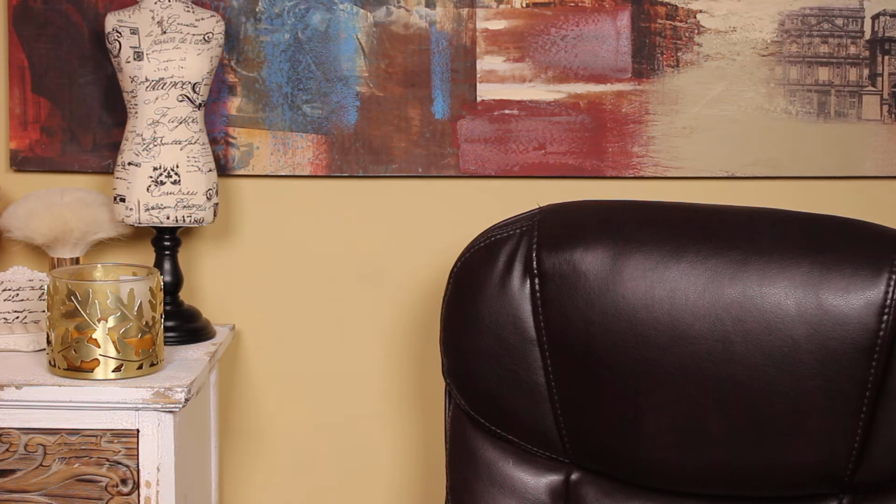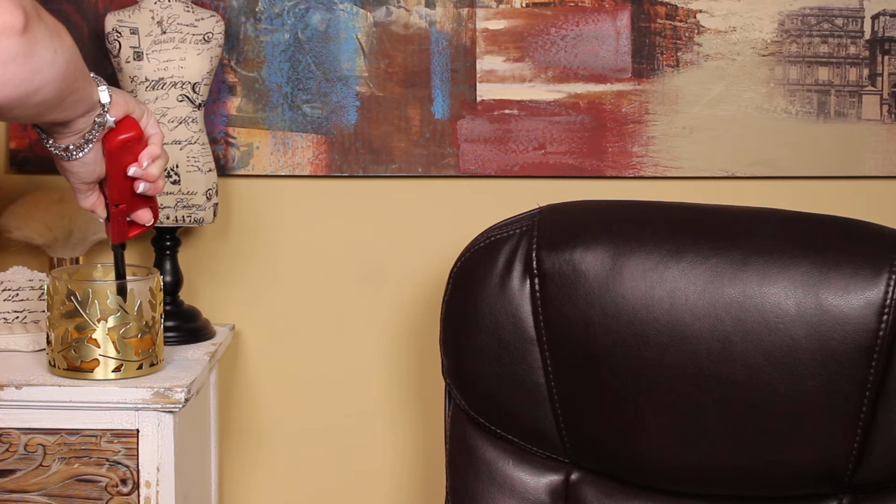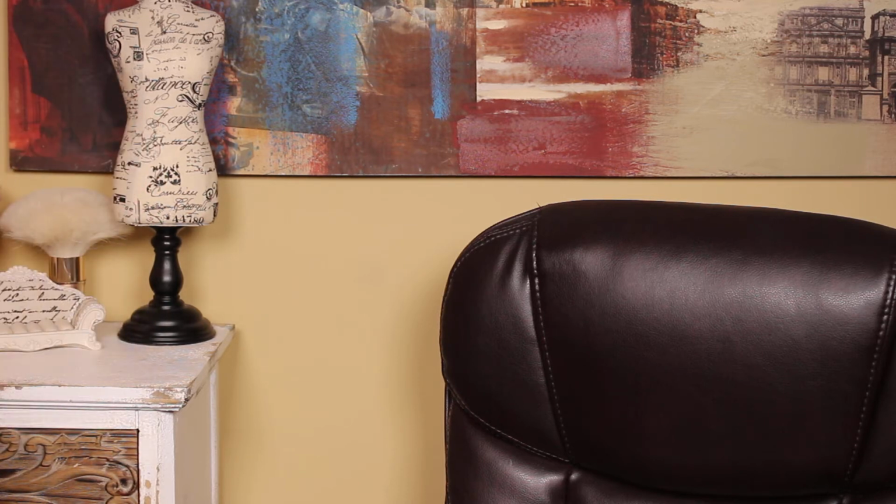Are y'all wondering at what point I'm going to actually put my face on here? I love this candle, you guys. Why don't I try lighting it off over here instead of trying to do calisthenics to light the